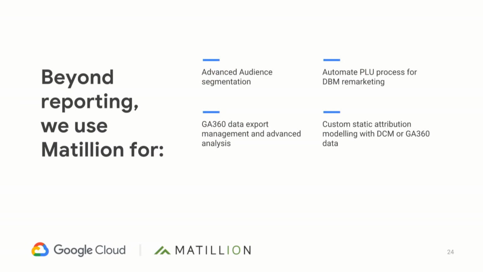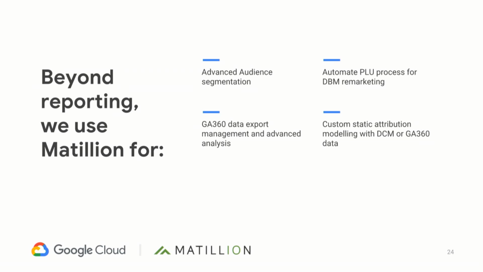And I think finally, it's also important to note that while the reporting requirement was the main driver for us initially, it's not necessarily where you're going to get all your value from. Since we've been using Matillion for management of the big raw data sets we get from Google, you can then start to look at things like advanced audience segmentation, things you can't do in DCM or GA interfaces, so you can get a much more specific and detailed segmentation of your customers.